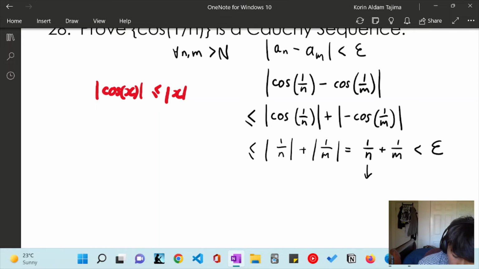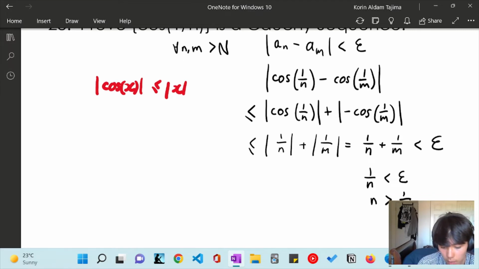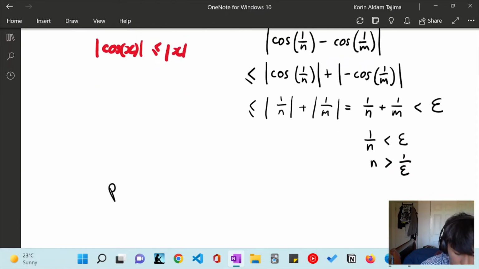Well, I'm thinking we can do both of them at the same time. So if we want 1 over n and 1 over m less than epsilon, then we're going to have an N that's greater than 1 over epsilon, and that should work. Okay, so when we do the proof,